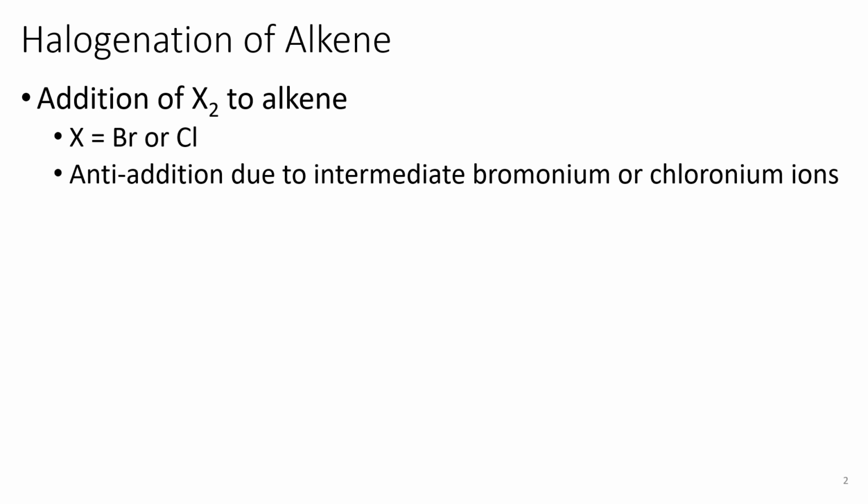So if we look at the reaction with our alkene and our halogen, the product is going to have those two X's anti to each other once we get to our final product, that is our alkane product. So when we look at this in terms of a mechanism,